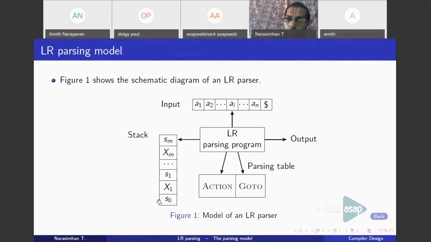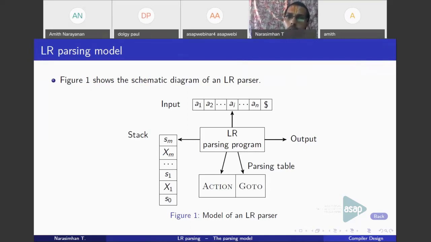Here you find that the stack has a string of the form S0, X1, S1, X2, S2, etc., Xm-1, Sm-1, Xm, and Sm. Here the symbols S0, S1, S2, etc. are the states. I told you that the LR parser will be using a finite state automaton to recognize the handles. The states of that automaton are the symbols S0, S1, Sm, etc. Similarly, X1, X2, X3 up to Xm are grammar symbols.